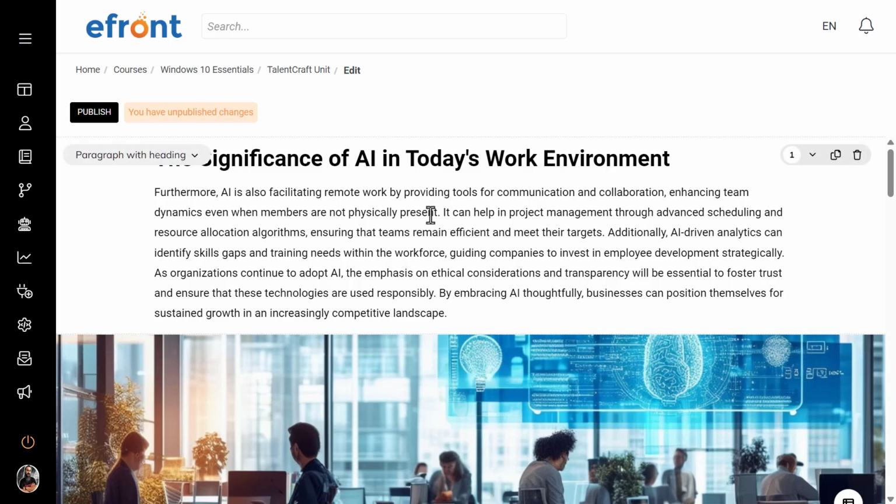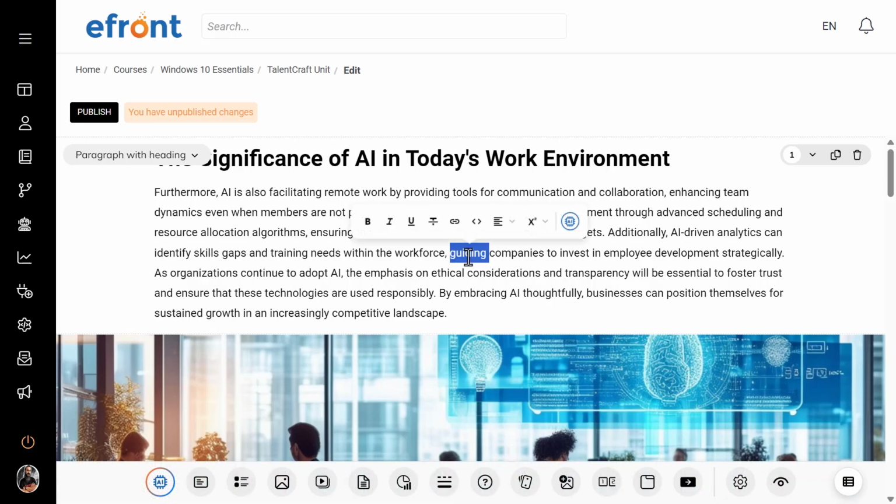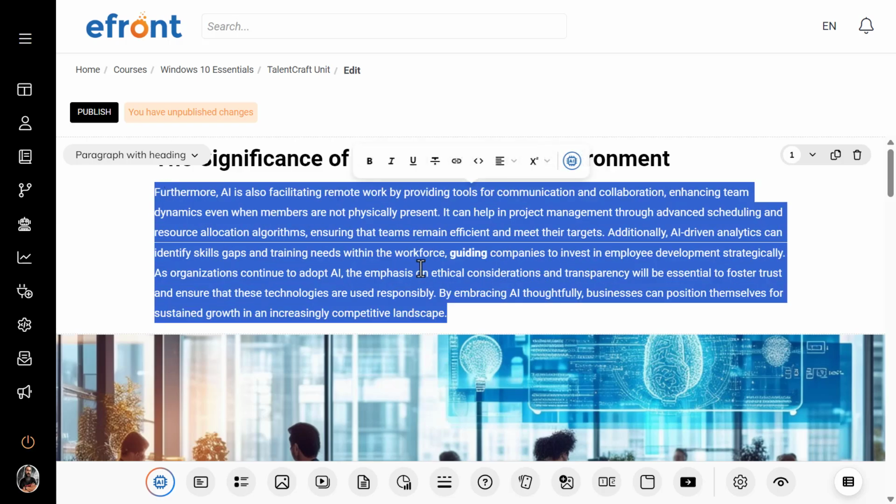And as you see, I already have a title, I have a text. And as you see, I can actually go in here and change the text whatsoever. So if I didn't want this word, I could just delete it or change it to whatever I want, or I could make it bold. You have a lot of options, right? Or maybe I like this, but I want it to be bigger, so I could just select that,